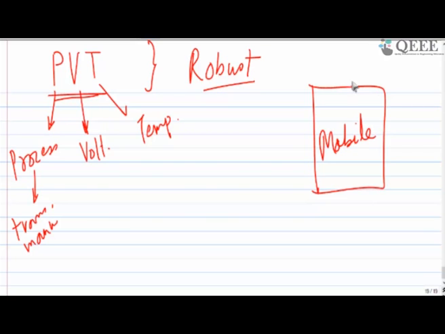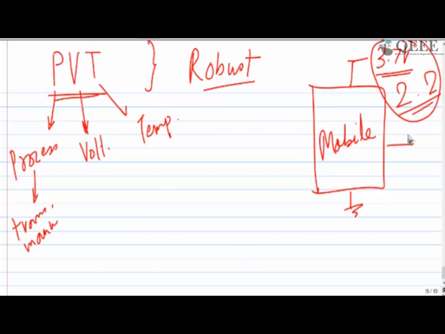Similarly, let's say this is your mobile, and this mobile has a 3.7 volt DC battery. If your mobile is fully charged, maybe this battery may have voltage more than 3.7 volt, maybe 3.8, 3.9, 4 also. I have seen it sometimes. Sometimes when it's at the verge of discharging, that potential goes as low as 2.2 volt, 2.3 volt. So even if voltage is changing, my mobile should work.